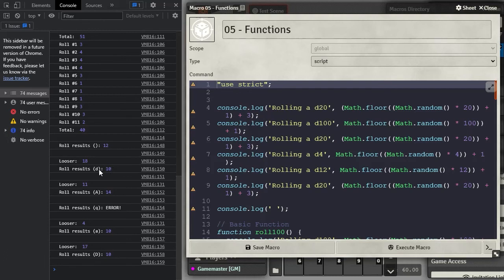So here you can see this was disadvantage, so the loser was the 18, the 10, so that is definitely disadvantage. This is advantage, 11 lost, 14 won. Our error obviously was an error. Once again, here's our advantage, 4 lost, 10 won. Here we see disadvantage, 17 lost, 10 won. 10 won twice. And if we hit that again, you'll see we get the same type of results where it's actually working. So yeah, I wanted to at least show you that yes, it is actually doing the advantage disadvantage